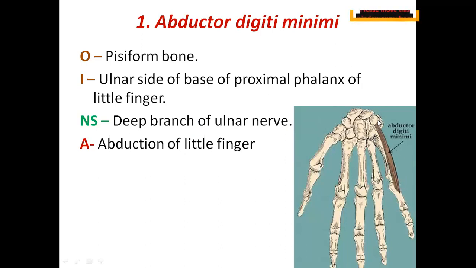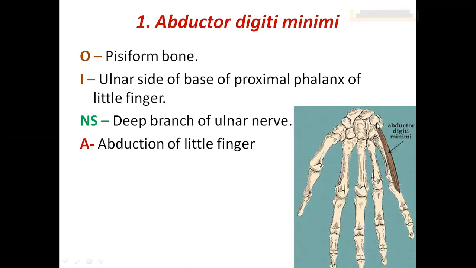So this is a small sesamoid bone, that is the pisiform bone. It is developed in the tendon of which muscle? Do you remember? A sesamoid bone is a bone which is usually developed in a tendon, and the pisiform is developed in the tendon of flexor carpi ulnaris. This is also a 2 marks question.